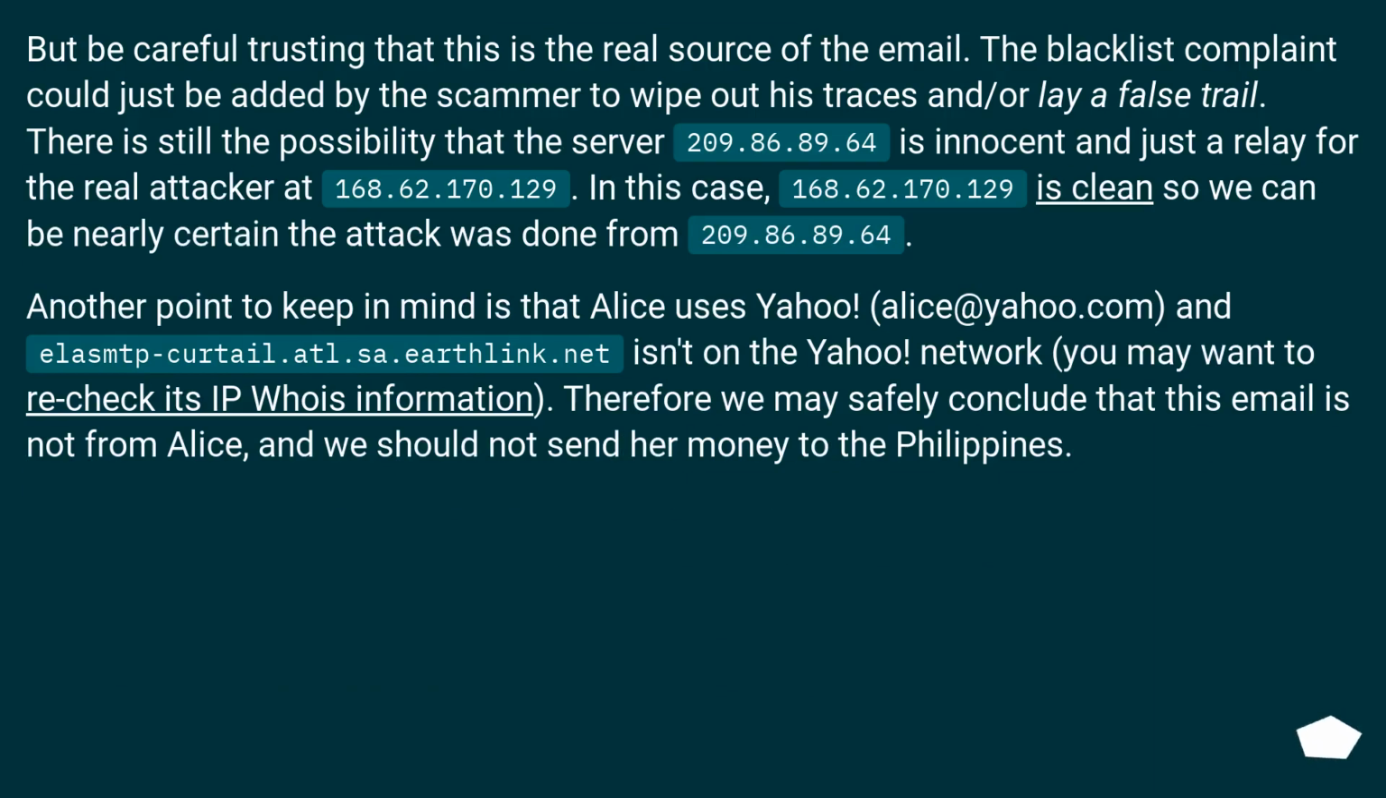But be careful trusting that this is the real source of the email. The blacklist complaint could just be added by the scammer to wipe out his traces and/or lay a false trail. There is still the possibility that the server 209.86.89.64 is innocent and just a relay for the real attacker at 168.62.170.129. In this case, 168.62.170.129 is clean, so we can be nearly certain the attack was done from